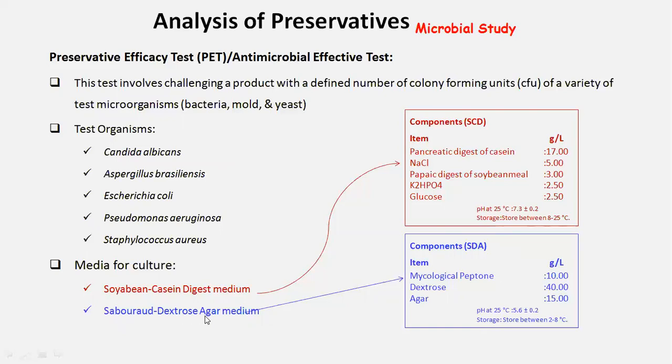So one will be used for culturing of fungus, one will be used for culturing of bacteria. The composition of soybean casein digest medium includes pancreatic digest of casein 17 grams per liter, sodium chloride 5 grams per liter, papaic digest of soybean meal 3 grams, potassium hydrogen phosphate 2.5 grams, glucose 2.5 grams, and the pH of the medium at 25 degrees centigrade should be between 7.3 plus